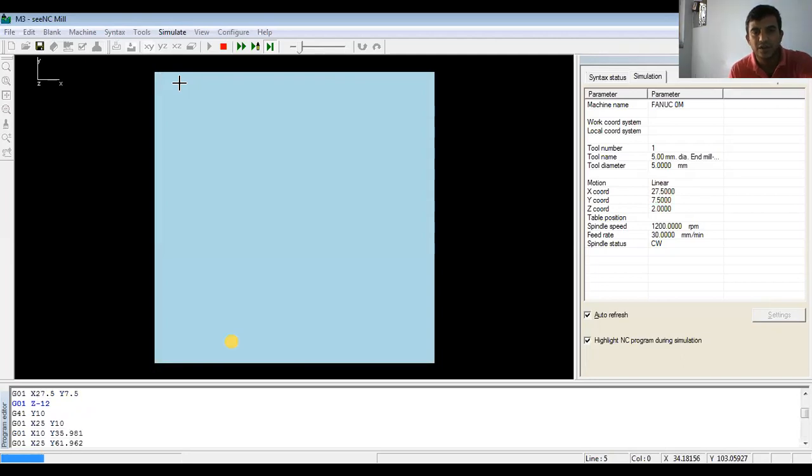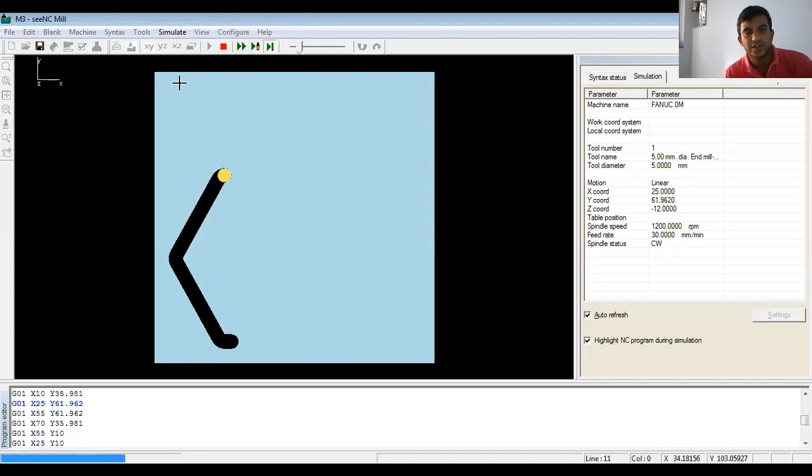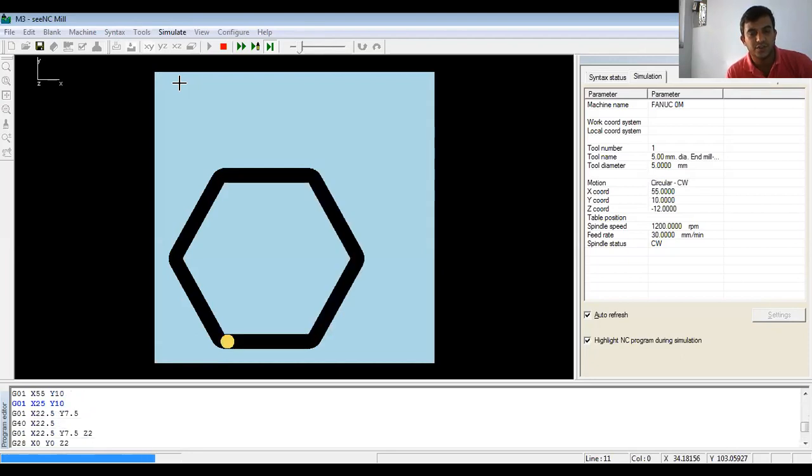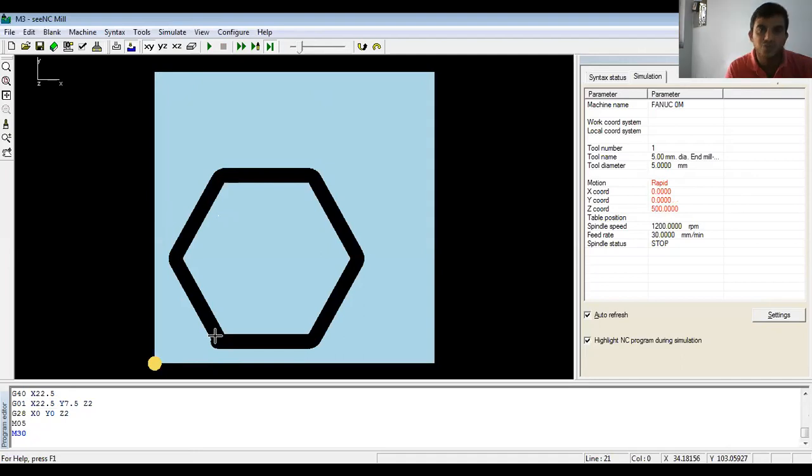Now see the cutting tool move from origin to first location, second location, second to third, third to fourth, fourth to fifth, fifth to sixth, and then sixth to first location, and remove the depth. Then it comes back to the origin of the workpiece, and it moves to the home position. Now you can see this. I need only the inner part here. This is the outside. It is the raw material, a billet. In the inner part you can see all the corners are sharp corners. Now it is right.